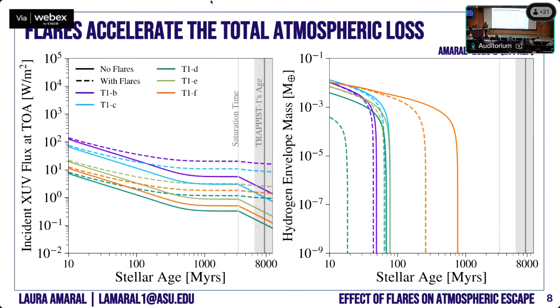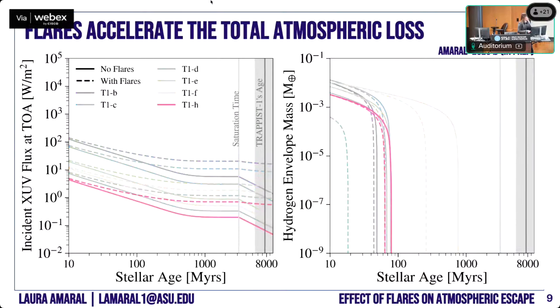And while the ones that are a little bit farther, like TRAPPIST-1F, basically start to change, accelerating the escape rate a little bit. In this case, it's going to be a couple of hundred years. When you move farther, like for TRAPPIST-1H, for example, that is on the other side of the habitable zone,